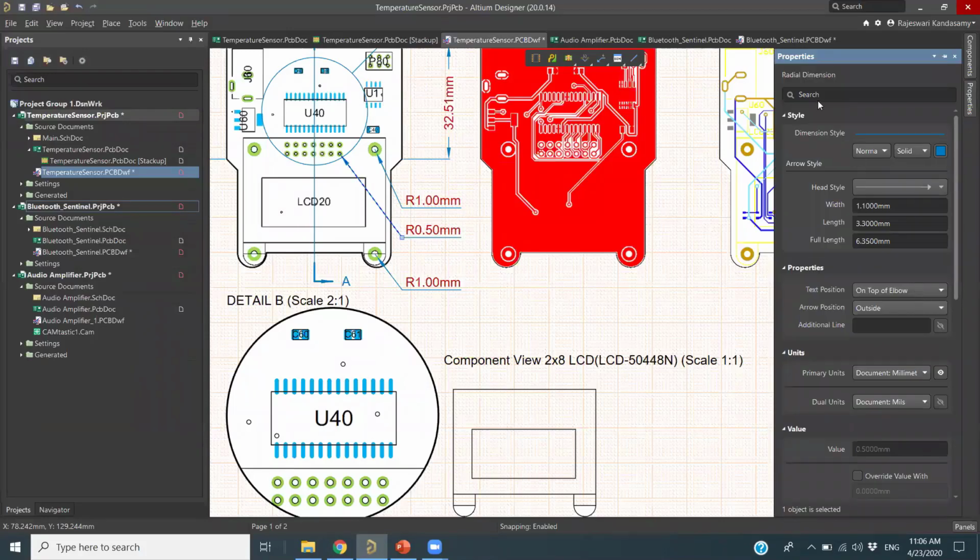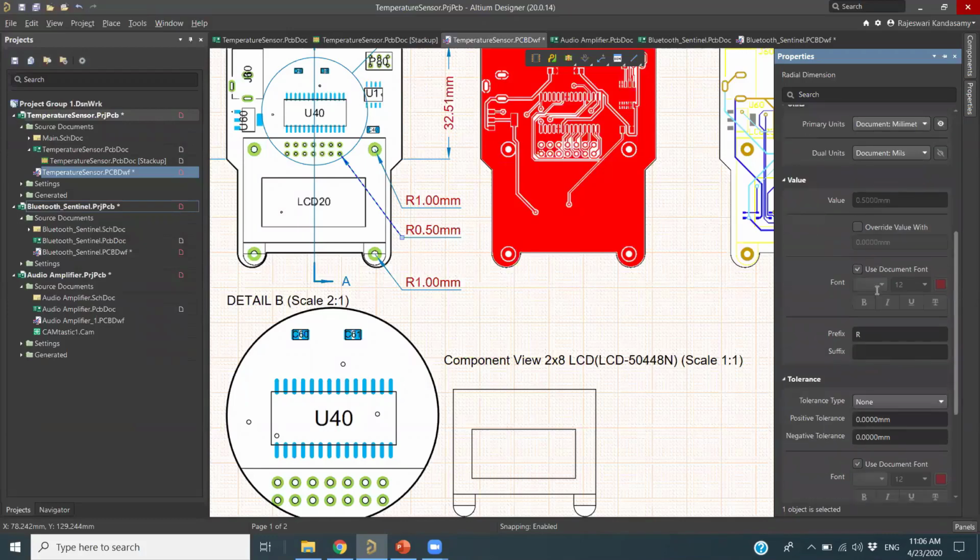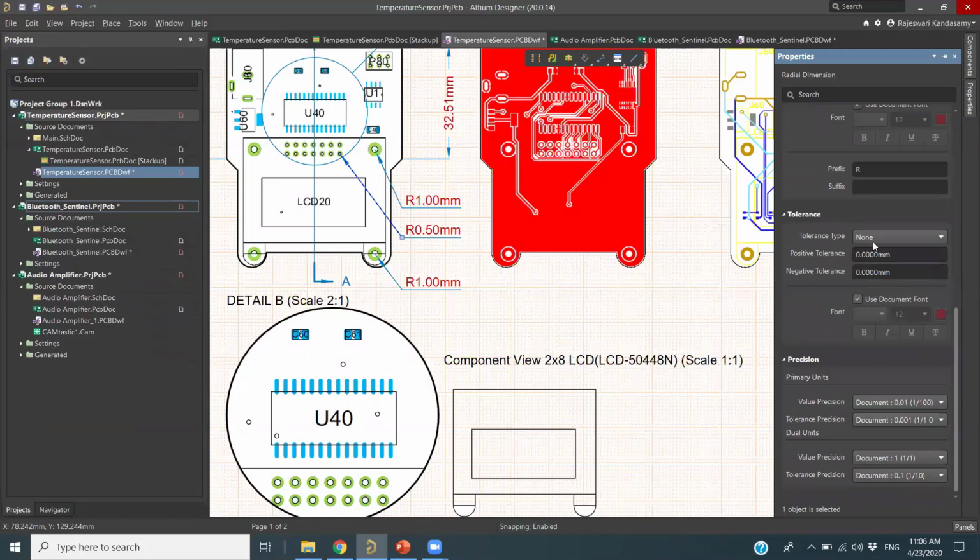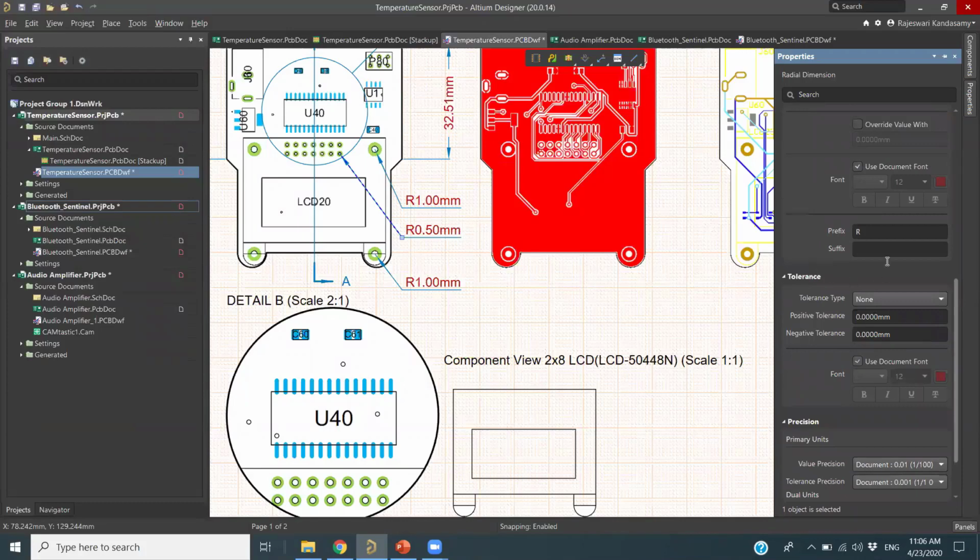it and then you will see the radial dimension properties. So below that, you can see the prefix here. So the prefix and suffix, you want to add anything for this, you can add it here. For example, I want the prefix to be 4 holes. Okay, enter. You will see in nearby that particular radial measurement, you have 4 holes, the prefix. So you can also add the suffix here. Okay, you can do all this here.